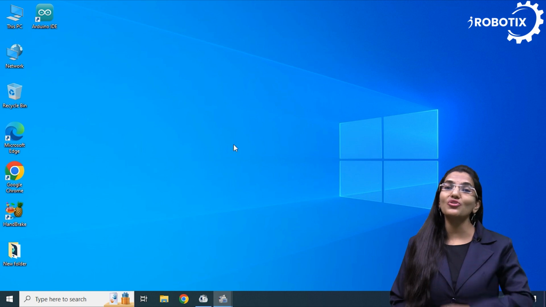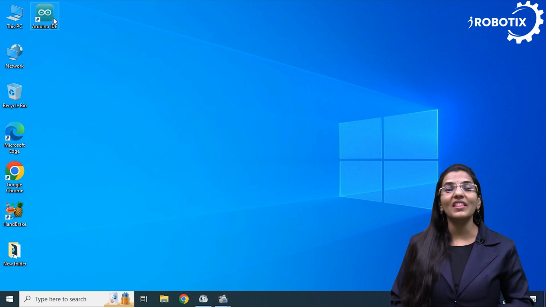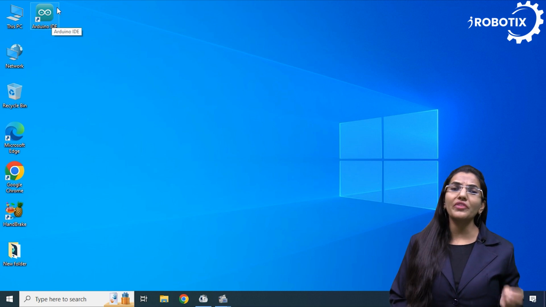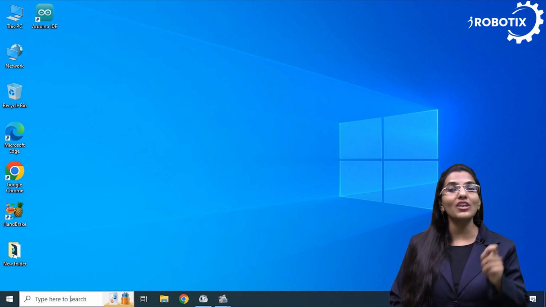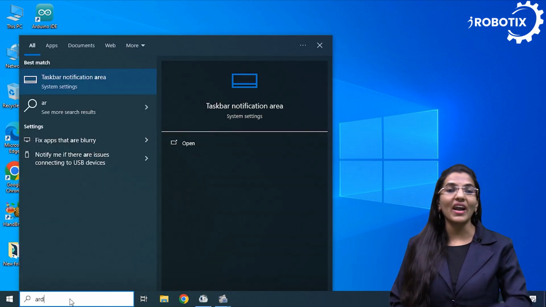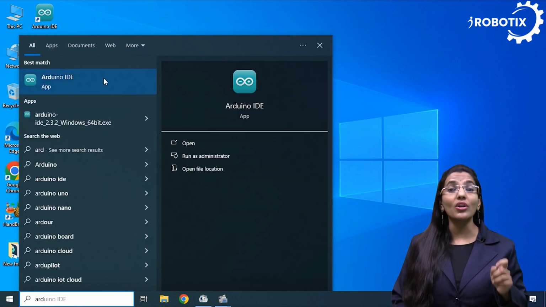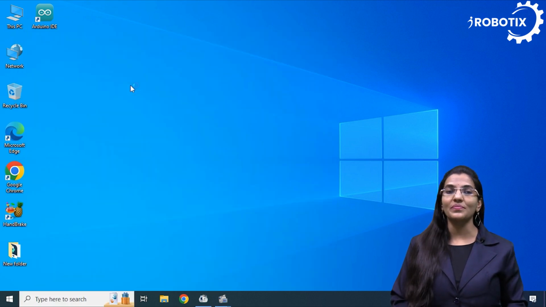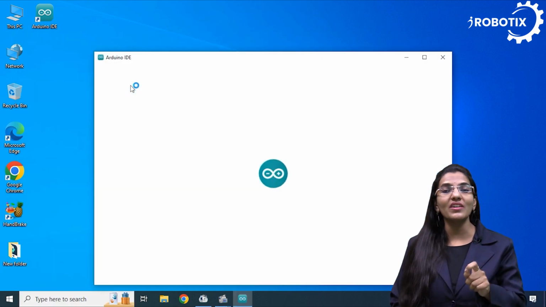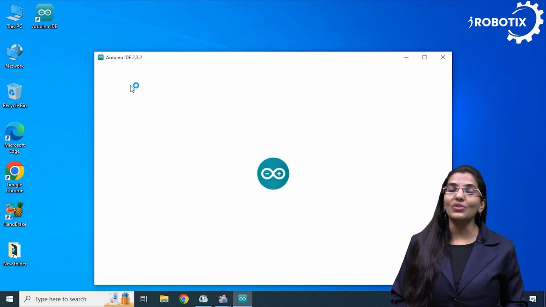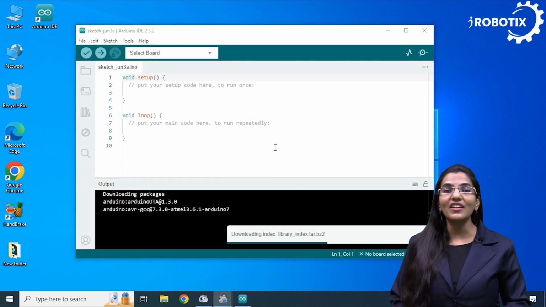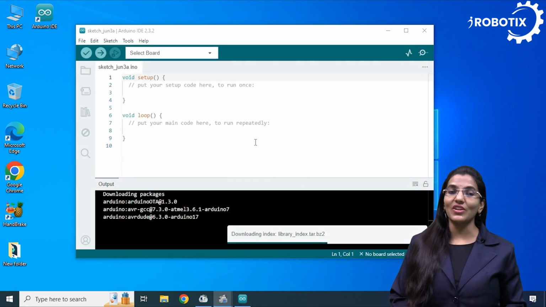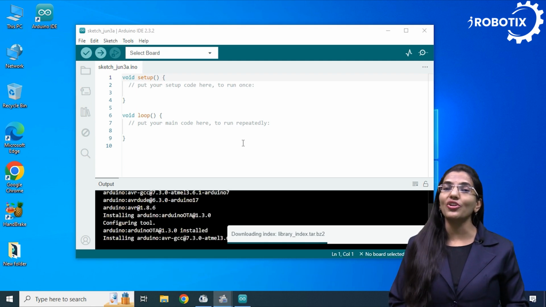Now you should have a new desktop shortcut here that you can launch. Or if you don't have this, you can also click on the search bar on Windows and search for the Arduino IDE, and you will find the Arduino IDE program here. You just type Arduino here and you will find this. Now you can start the Arduino IDE and you should arrive to something like this. If you have that, you have successfully installed the Arduino IDE on your computer.